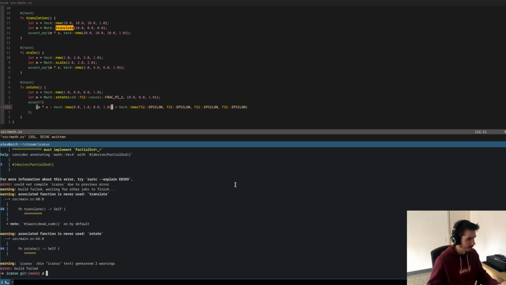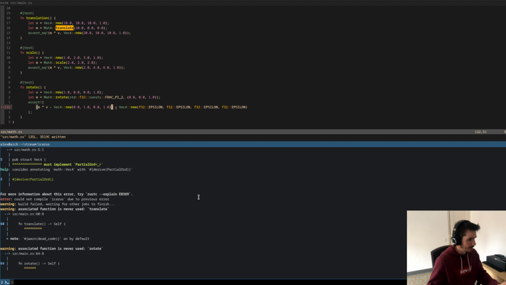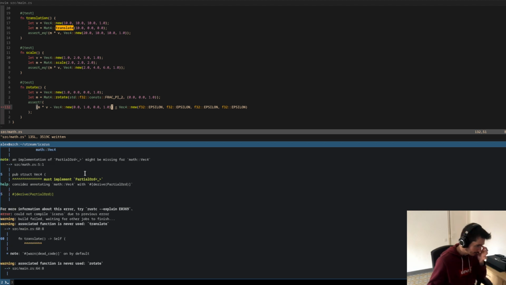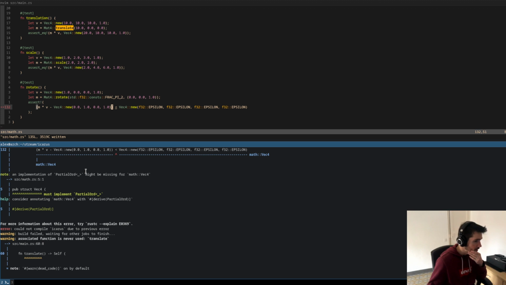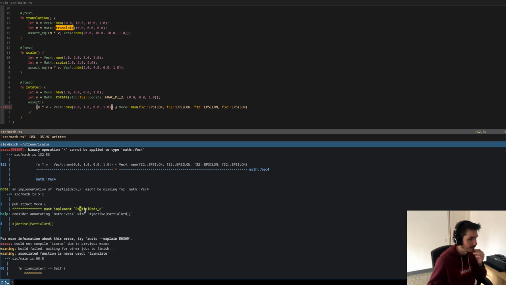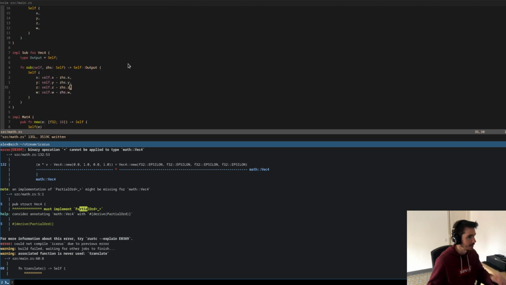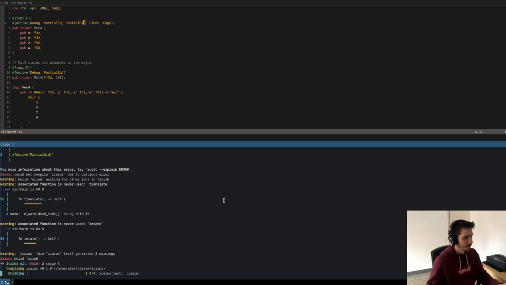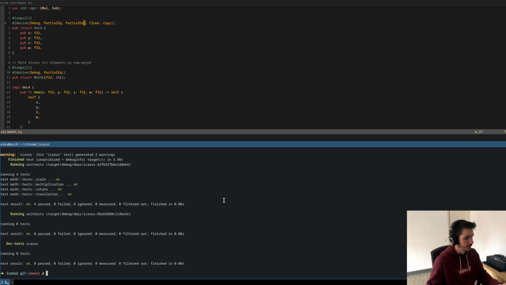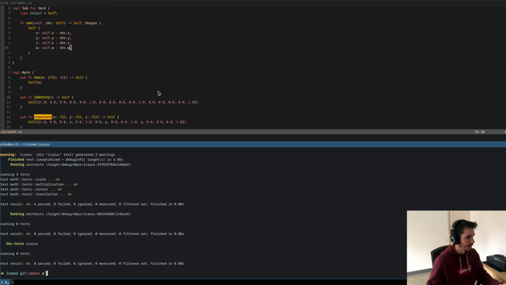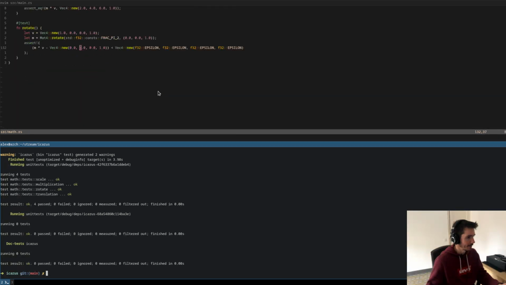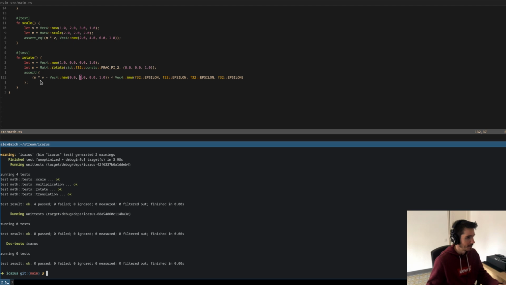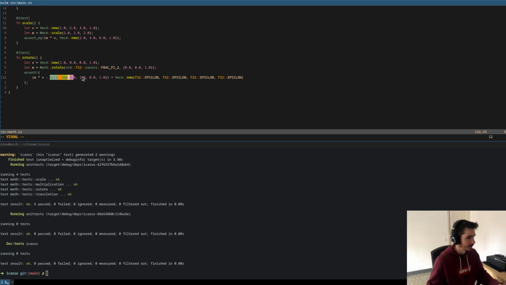Yeah, it complains that we need to implement partial OR. Can we implement it? Can we derive it? Partial eq and partial OR? Or do we need to manually implement it? Looks like we can, and even the test passed. But I'm afraid that if I switch the order,